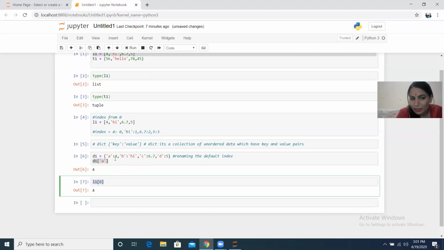Rather than calling that particular output from the default index, we are giving it the name. You are renaming the index. So in a dictionary you only do the work of renaming the index. We call this a key and value pair. Key and value can be character, numeric, anything. You can use characters for a character variable, numeric, numeric-character, or character-numeric. You can use any combination of both of them.